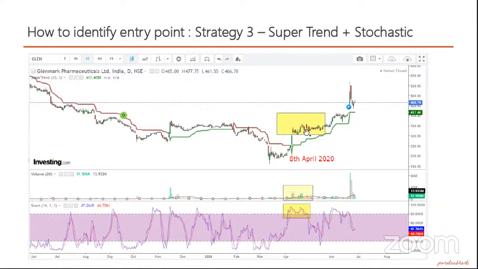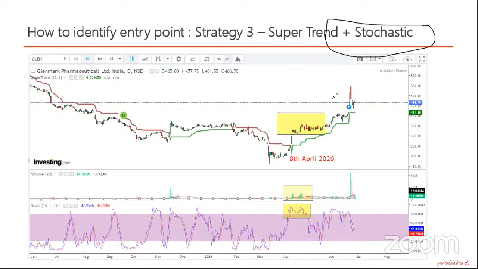Again, this time frame is very small, so I can't tell you what is super trend, but these are all sort of moving averages which tell you whether my stock is going up or going down. So I am mixing two things, super trend and stochastic, and maybe we can hold a session on this one. Even if you don't understand, even if you are a man with common sense, just figure out what the words are written on the screen, take a screenshot of it, and go to investing.com and just type in the indicators tool how to use